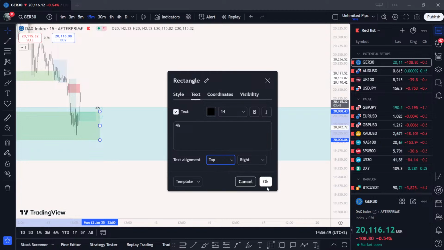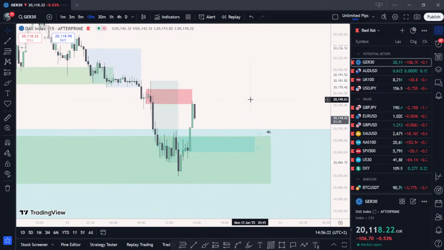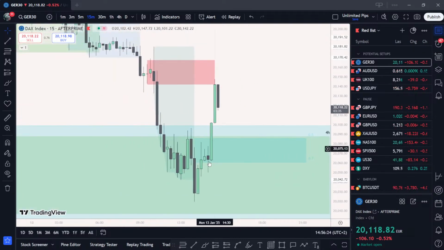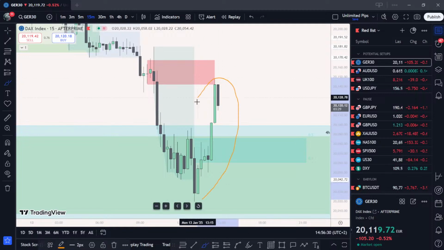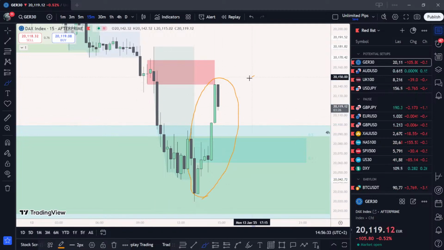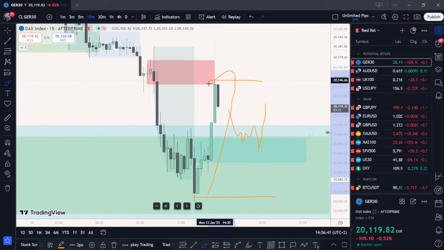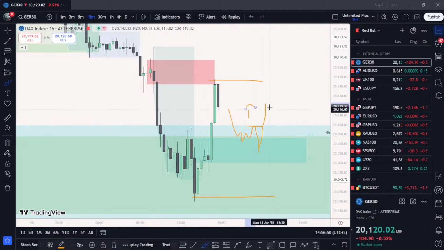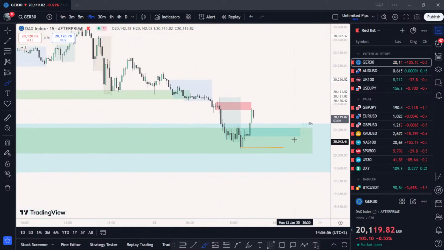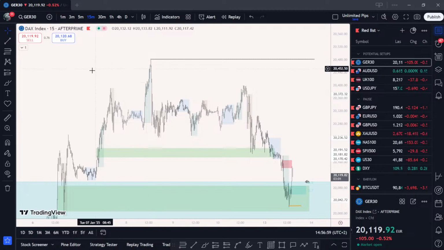Let me actually do it like this. So yeah, we had an initial reaction off that FVG, but we need to wait for some more confirmation because this was our initiation. But this can also just be a retracement towards a PD array like this 30-minute order block and just continue going lower. That's why I chose a fib. I drew a fib on this range, and now all I'm waiting for is a confirmation that this initiation is going to play through. And here I'm waiting for another entry pattern, another lower time frame break of structure to continue higher. And from here, I'm generally looking to target this high or this high, right?